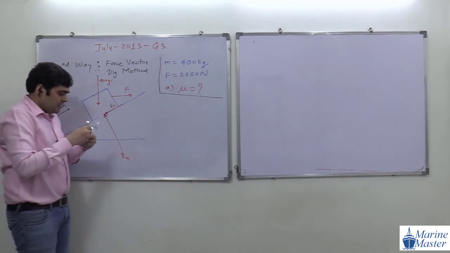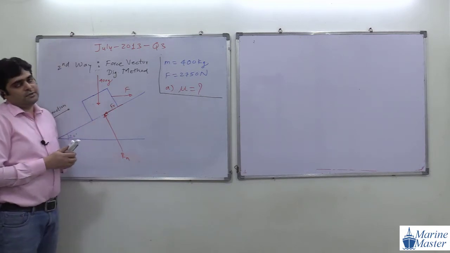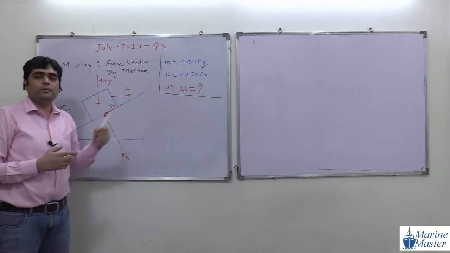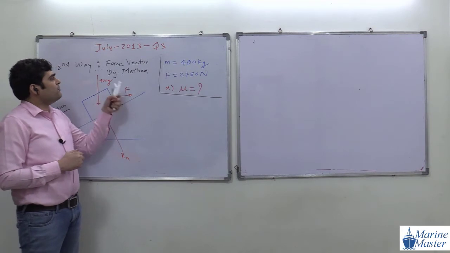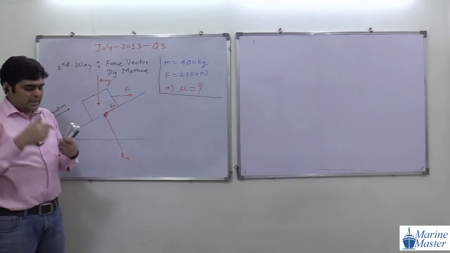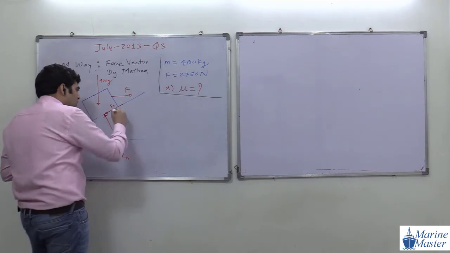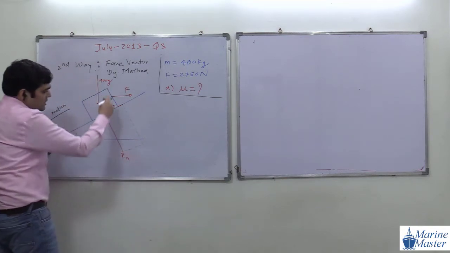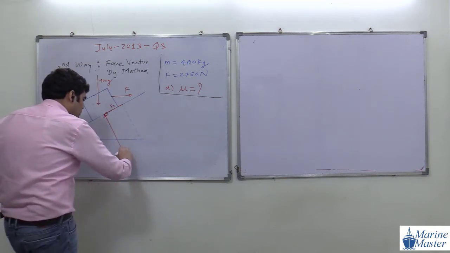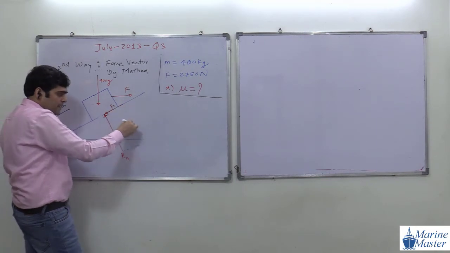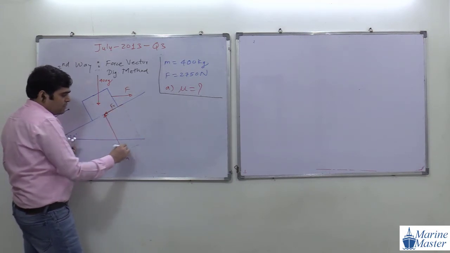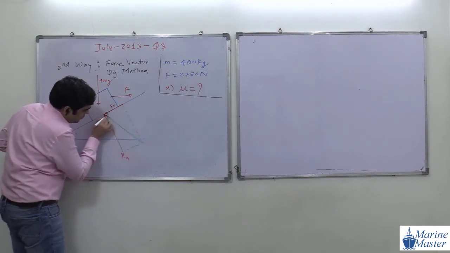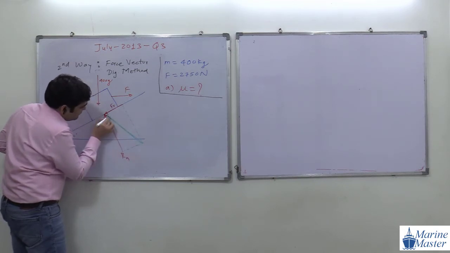Okay. Now see the scenario here. How many forces do we have here? 4 forces. But is it possible to apply force vector diagram for 4 forces? No, not possible. For applying force vector diagram, we need 3 forces. So for making 3 forces, what are we going to do? We are going to replace these 2 forces by their resultant. And what will be their resultant, guys? For that, we are going to form a rectangle. How to form a rectangle? We are going to draw one line perpendicular to the plane and another line parallel to the plane. And this diagonal of the rectangle will be what?